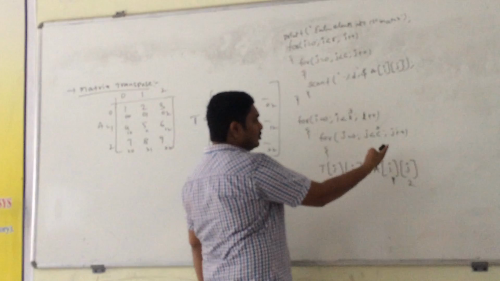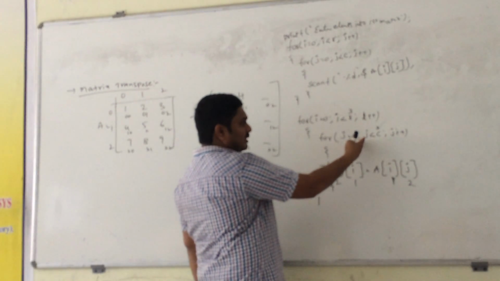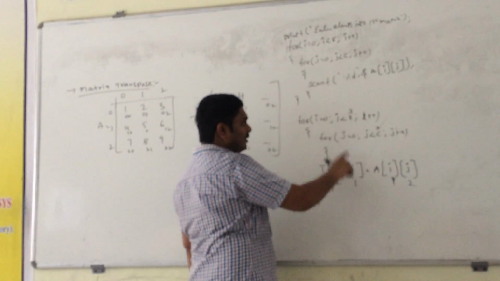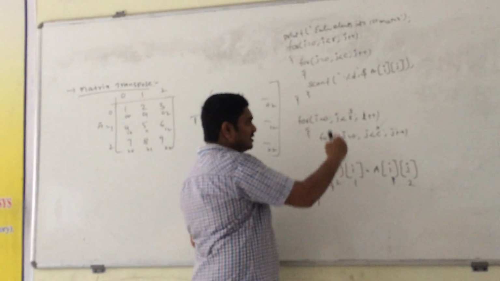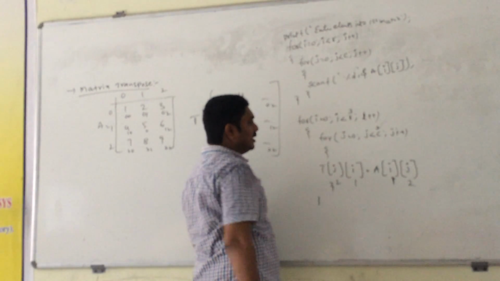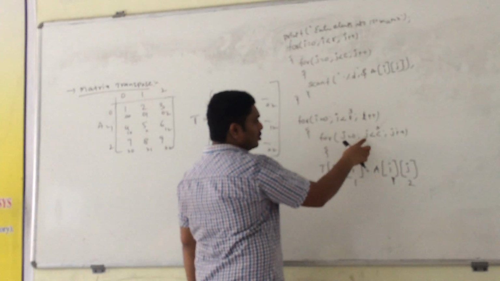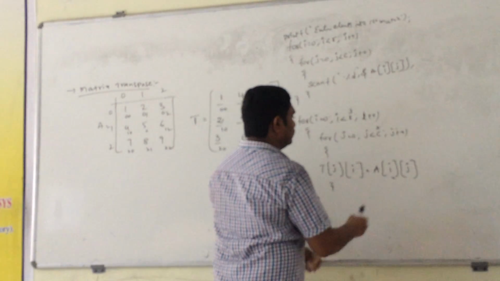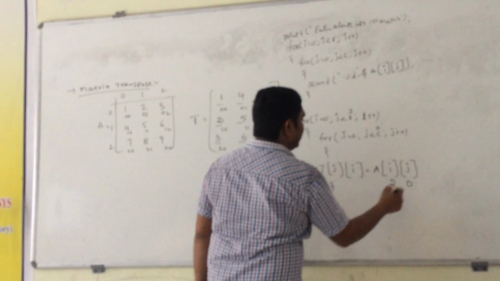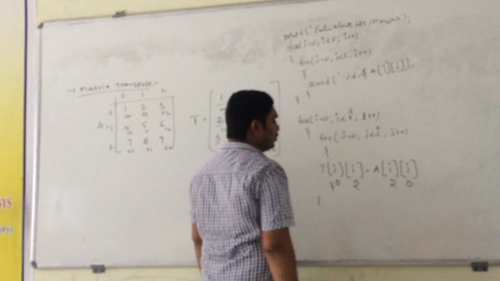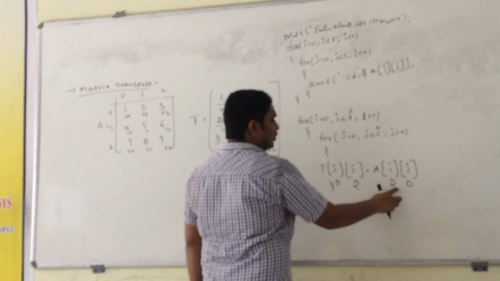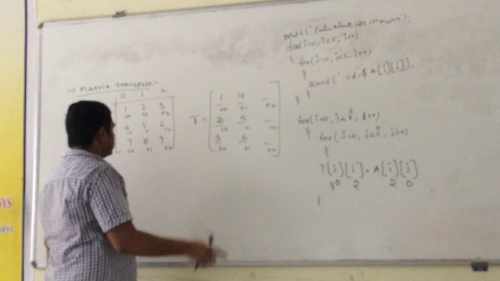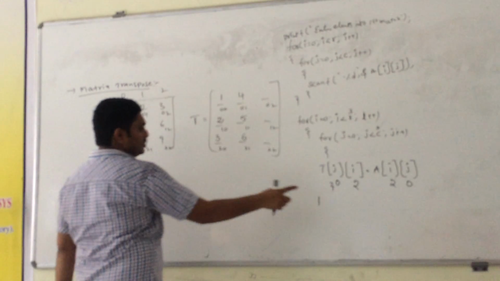After the end of the loop, the j value is incremented and j will become 3, 3 less than 3, condition false. Loop ends, that means the i is incremented, it will become 2, 2 less than 3, condition true. It enters into the inner for loop. So j equals to 0, 0 less than 3, condition true. i value 2, j value 0. So the element in A at 2, 0 position, 7, is stored in T at the position 0, 2.